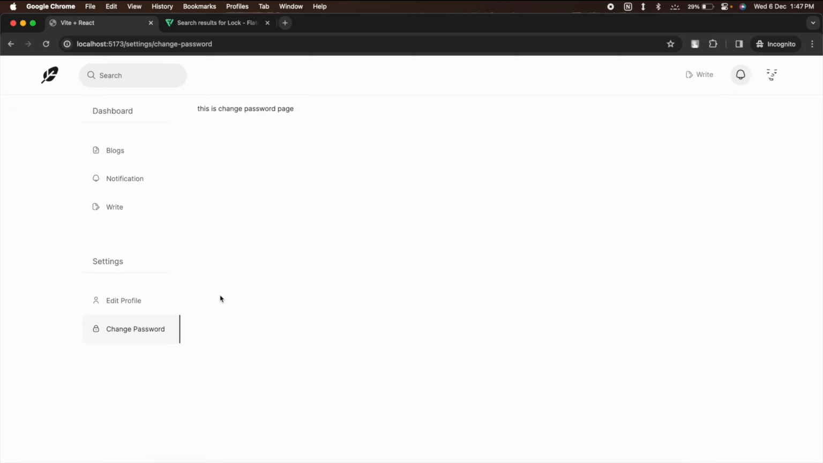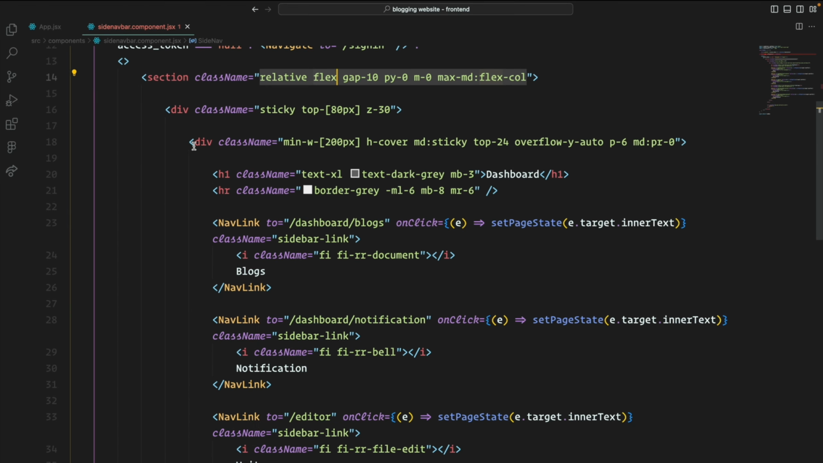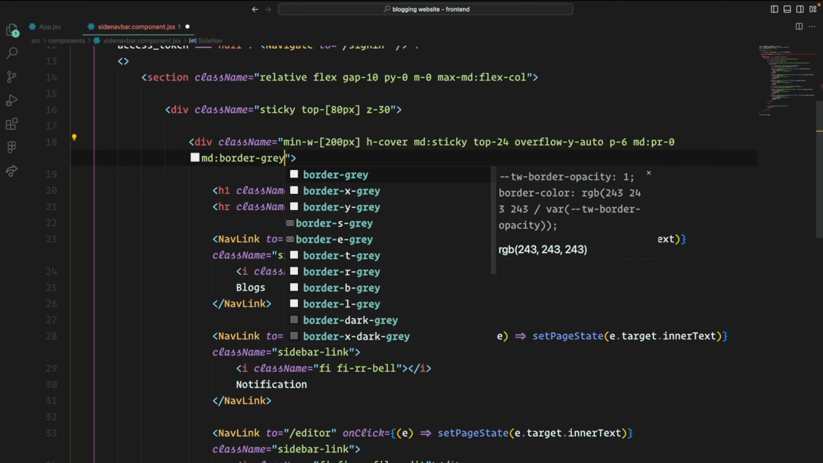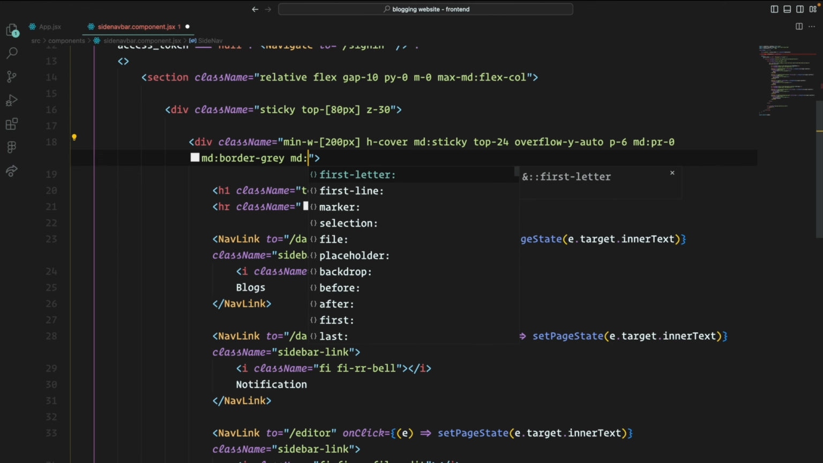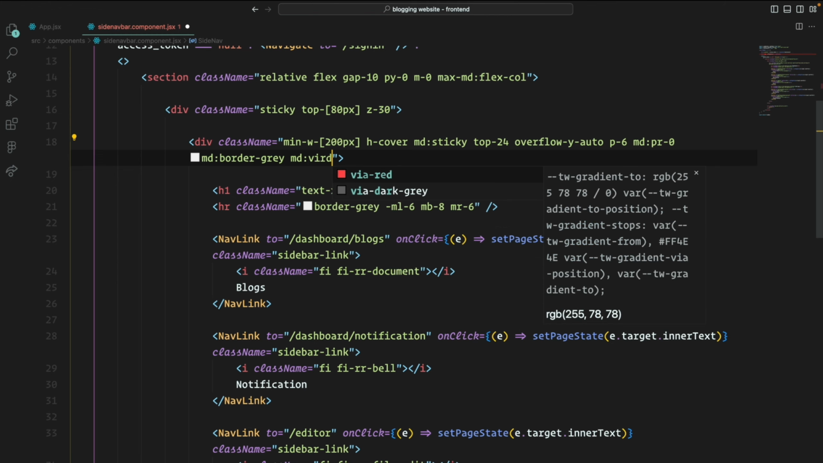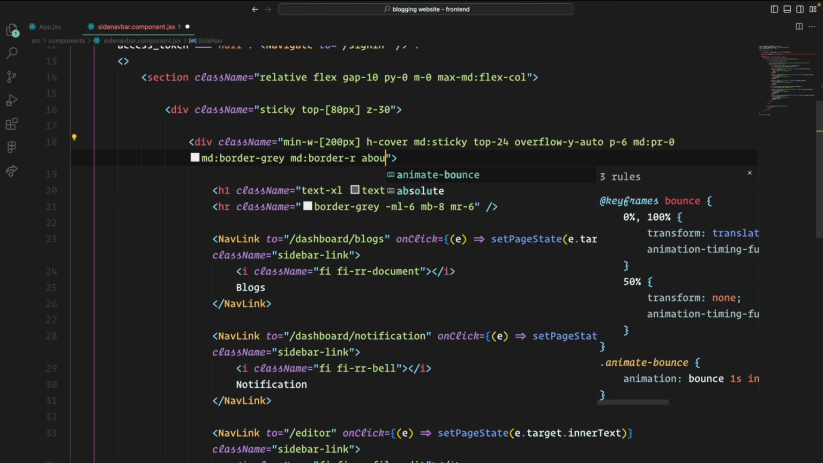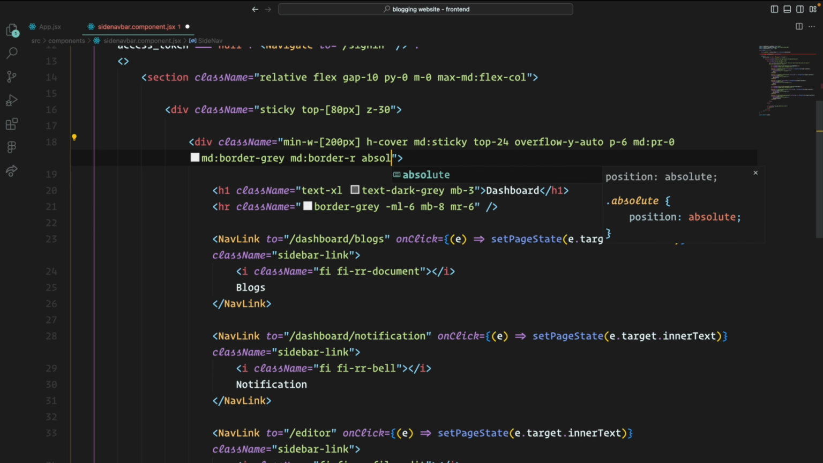So now what else is, I want to give some classes to this navbar to make it responsive. So let's go to this parent div and let's give some classes over here. So what I will say is after the padding, I will give on the medium screen and larger than that I will say border to be of gray color, and on medium screen and larger than that I will say border-r, so it will have border on the right side, and I will give a